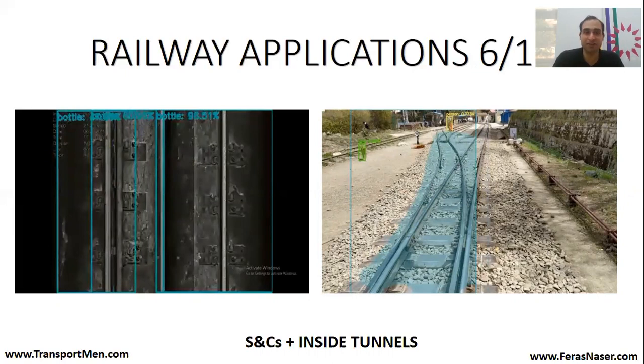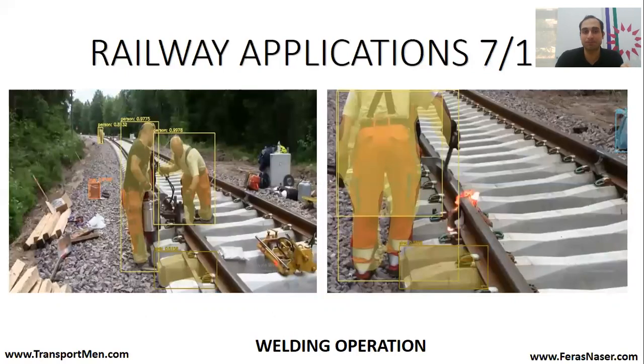So I decided to just try to apply the model, and I discovered that the model defined each rail as a bottle. So that's a wrong detection. Please go and watch the video on our YouTube channel so you can have a good feeling of what the model can detect, and maybe you can have some good ideas on where it can be applied.